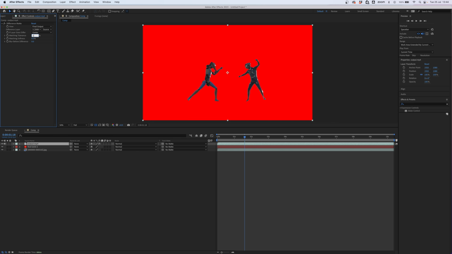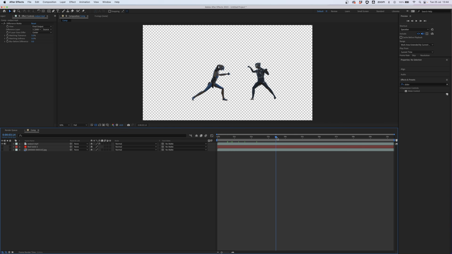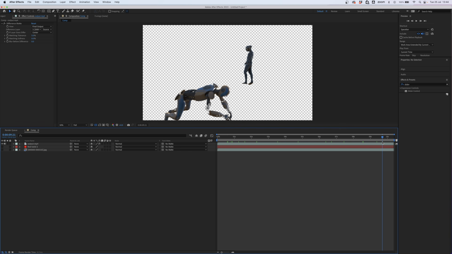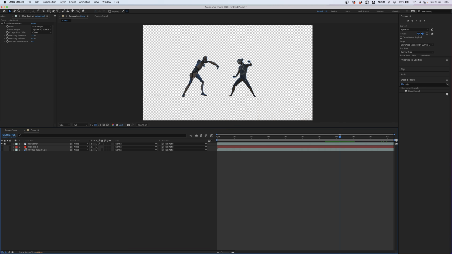Matching tolerance 15, set it to 0. And as you cycle up, you'll see how it jumps between the two and finds the difference between the two scenes. You can then hide the others, and you have characters on a transparency, which can be handy for doing some quick compositing. There are scenes where it's going to get slightly confused, where the colors between the difference matte and the clean plate are the same. But again, you could play around with the tolerance, potentially keyframing it, or doing some masking just to tidy things up. I just wanted to quickly show that, as it can be a handy compositing tip, especially whilst we can't download a separate character pass from Wonder Studio yet.